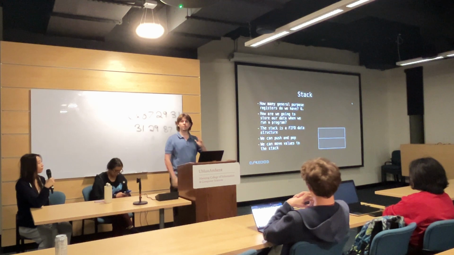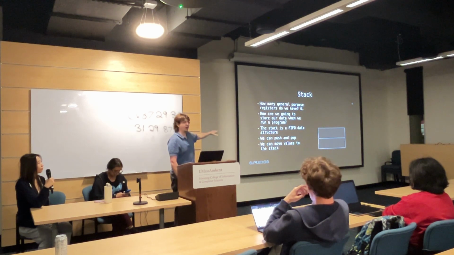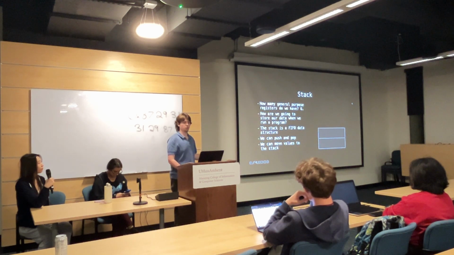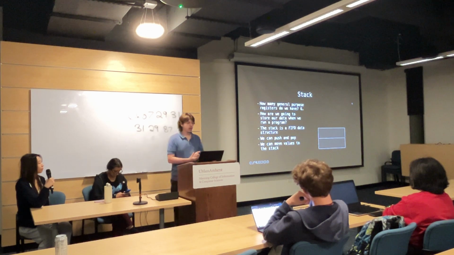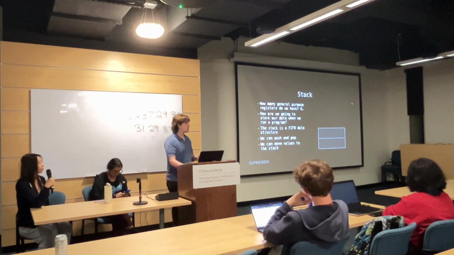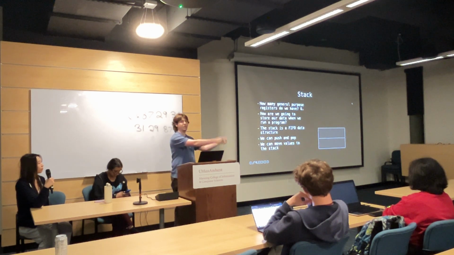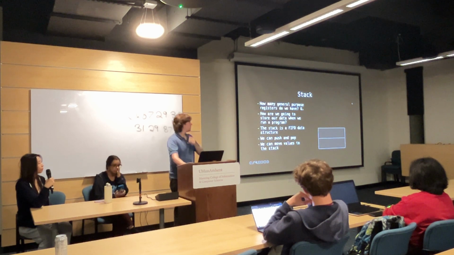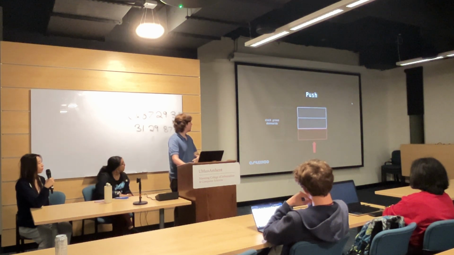So what we do to fix this is we have a thing called the stack. This is how memory is actually stored. And what the stack does is it's a last in, first out data structure. What that means is whatever we put on the stack last is the first thing we take off the stack. And we do this with push and pop. We'll get into that in the next slide. So when we push,